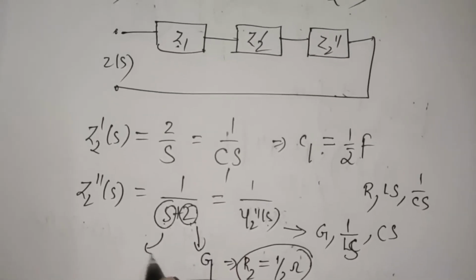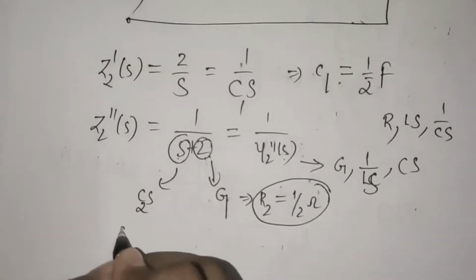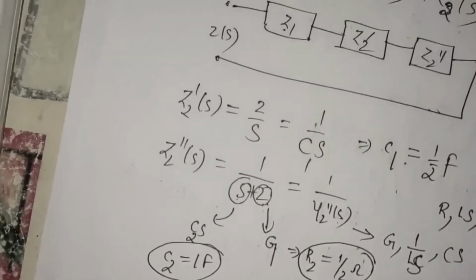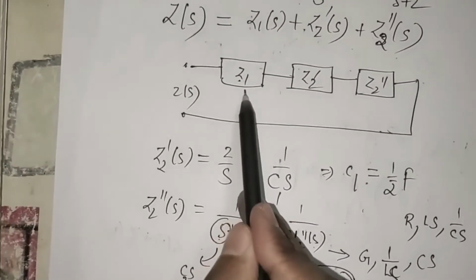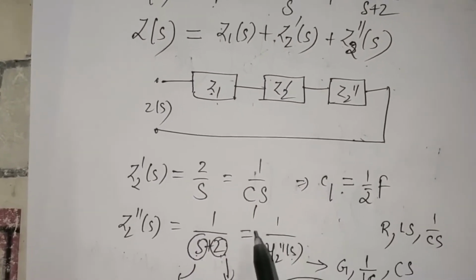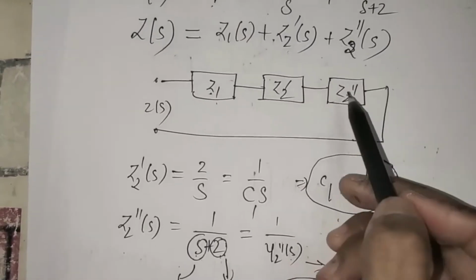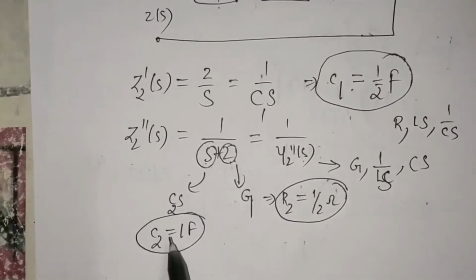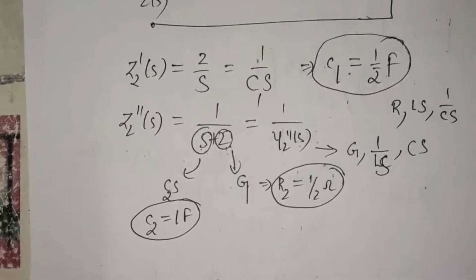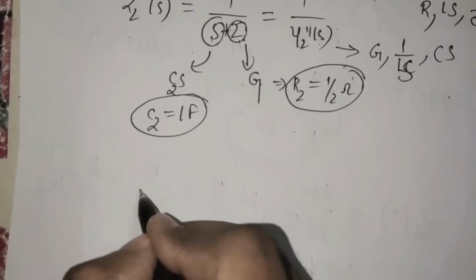S indicates CS or C2S, so C2 value is 1 farads. So instead of Z1 we have a resistor of 1 ohm. Instead of Z2 dash I have a capacitor of 1 by 2 farads, and instead of Z2 double dash I have a parallel combination of resistor 1 by 2 ohms and capacitor 1 farads. So the network that I obtain is,